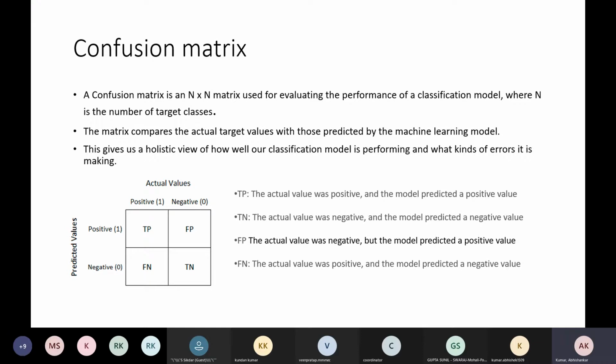This matrix compares the actual target values with those predicted by the machine learning model. Columns represent the actual values and rows represent the predicted values.